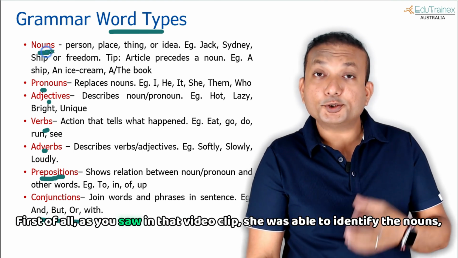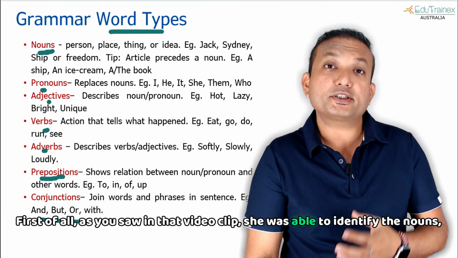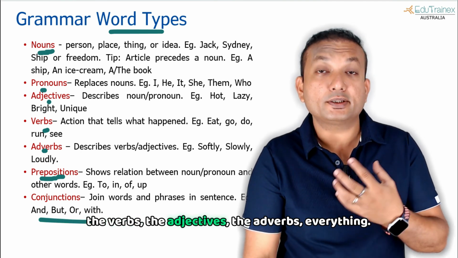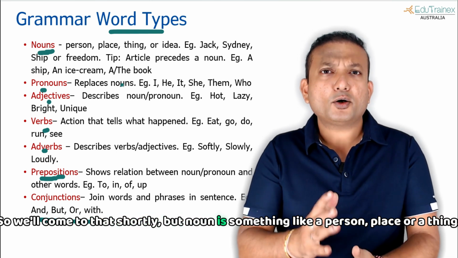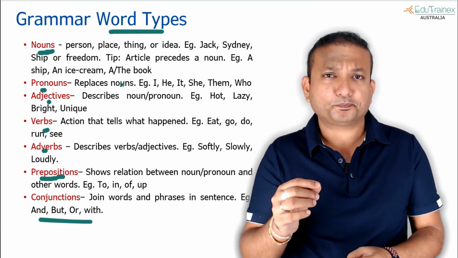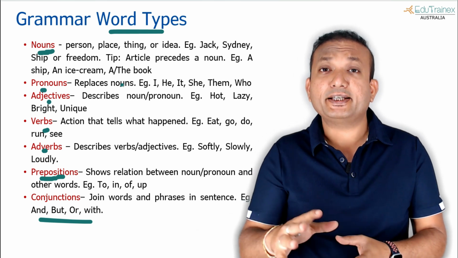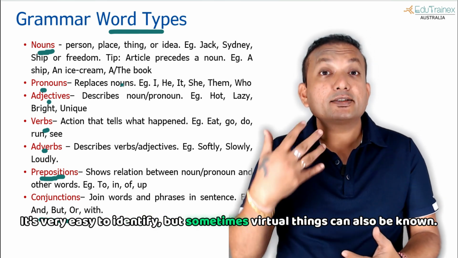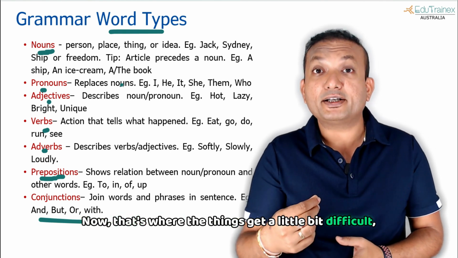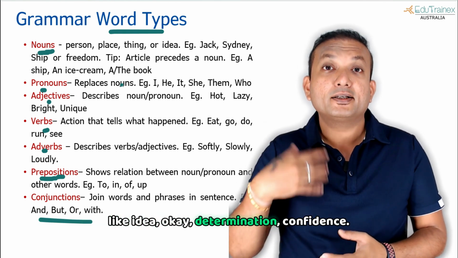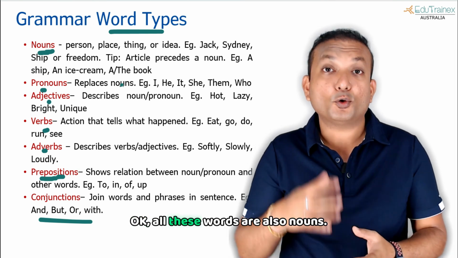First of all, as you saw in that video clip, she was able to identify the nouns, the verbs, the adjectives, the adverbs, everything. So we'll come to that shortly. But a noun is something like a person, place or a thing. Now, what is a person, place or a thing? It's very easy to identify, but sometimes virtual things can also be nouns. Now, that's where things get a little bit difficult, like idea, okay, determination, confidence, all these words are